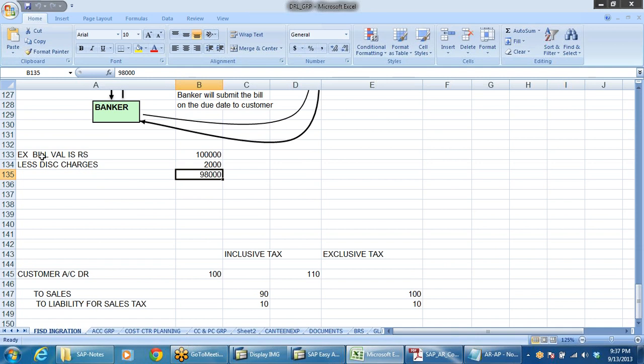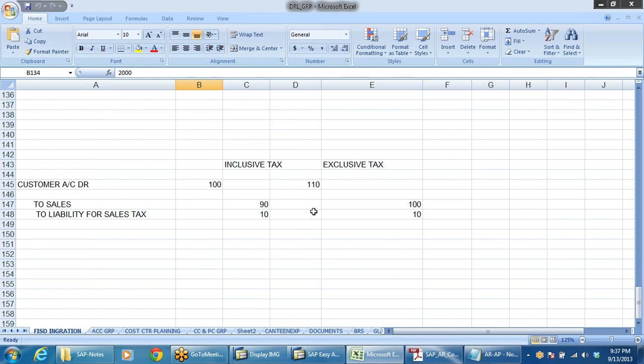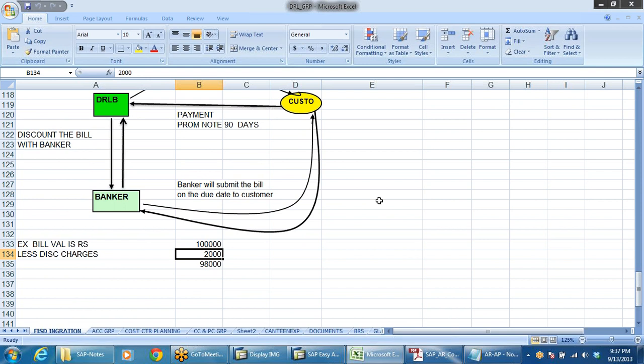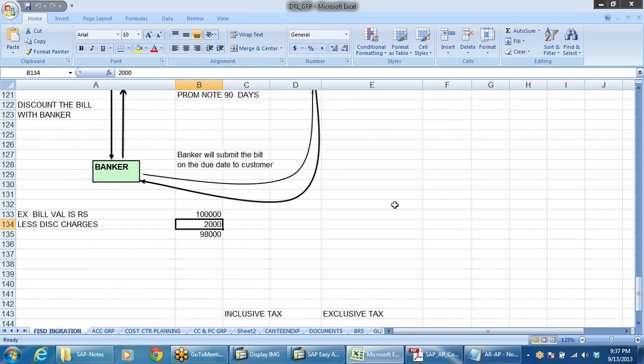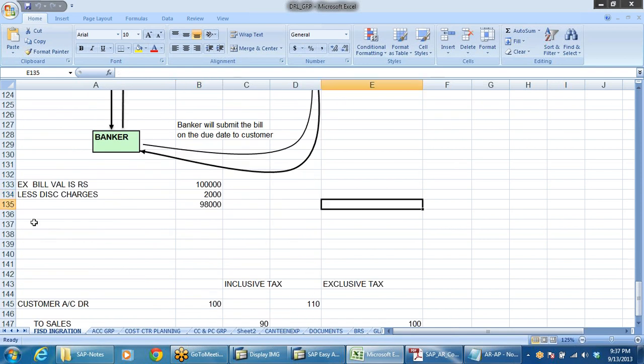here, customer account will be credited with 1 lakh, bank account debited 98,000, and 2,000 is discount, there is a discount, bill discount account, right? So here the accounting entry will be